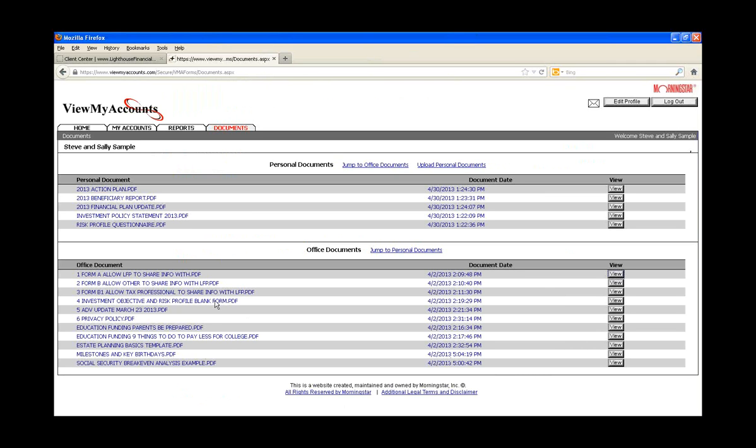You can see we've got the blank investment objective and risk profile, two of our required documents, which are our ADV, which talks all about Lighthouse and anything and everything you would want to know about us, as well as a privacy policy. You'll always be able to find those